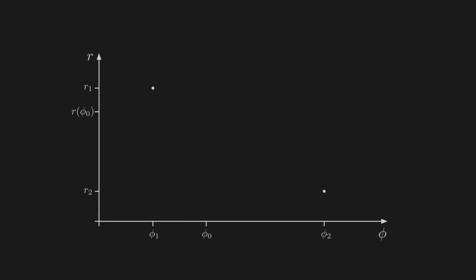r1 and r2. Okay, knowing this, let's take a third r, r3, halfway between r1 and r2, and we calculate phi at that value of r. We'll call that phi 3. Now there are two possibilities. Either phi 3 is less than phi 0, or phi 3 is greater than phi 0. Suppose phi 3 is greater than phi 0. We can then take r1 and r3, and we still know for certain that r at phi 0 must be